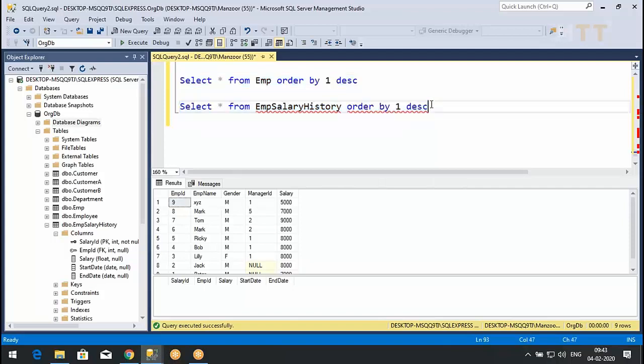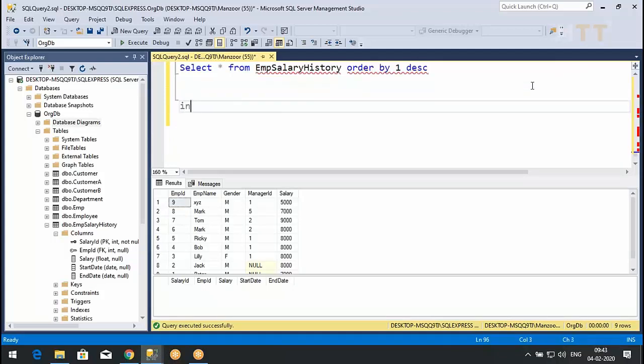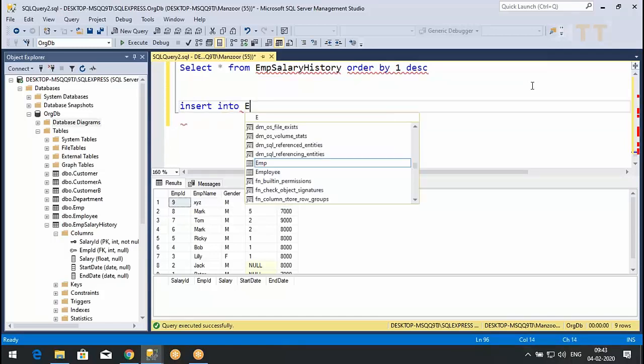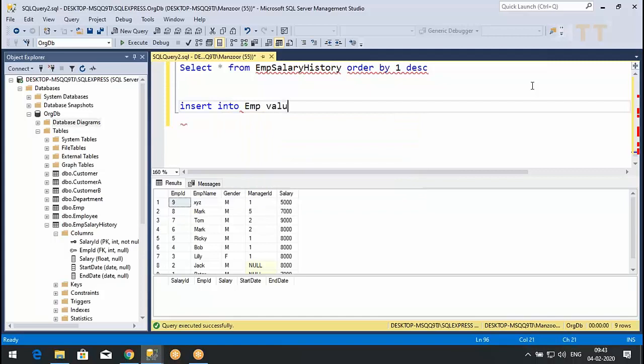Now, what should we do? Insert into EMP values. What are the values? Employee ID is auto-generated, I need not pass it. Employee name I need to pass, is it not?